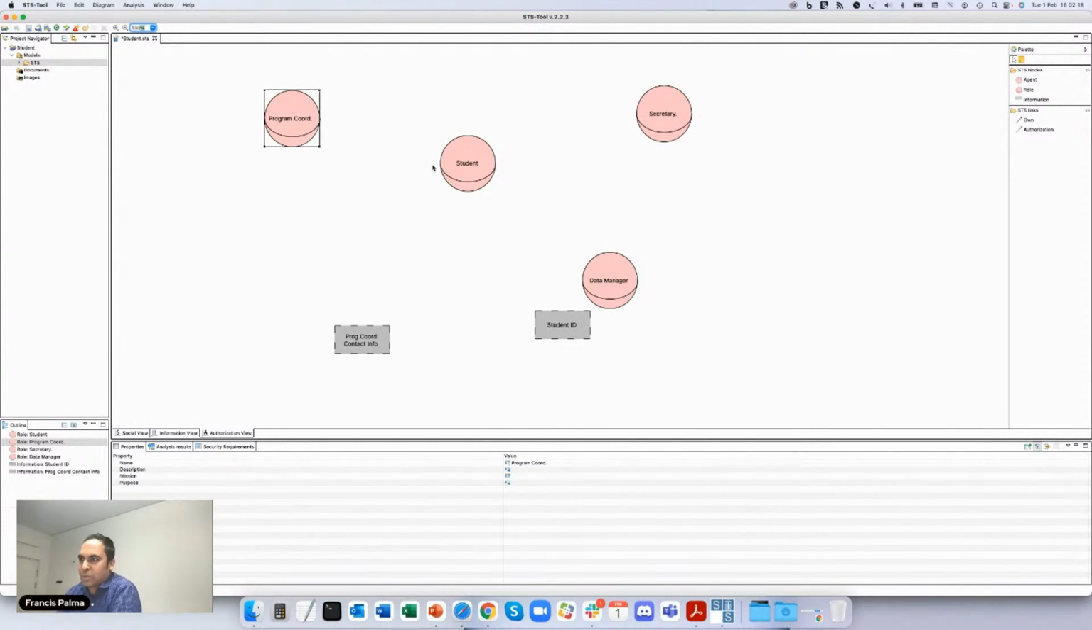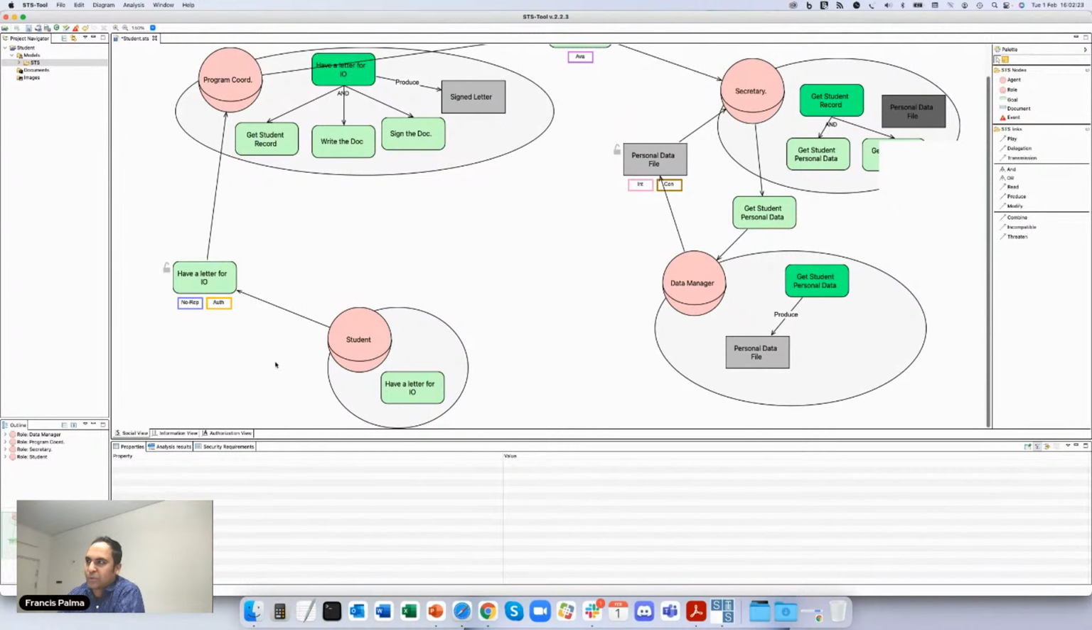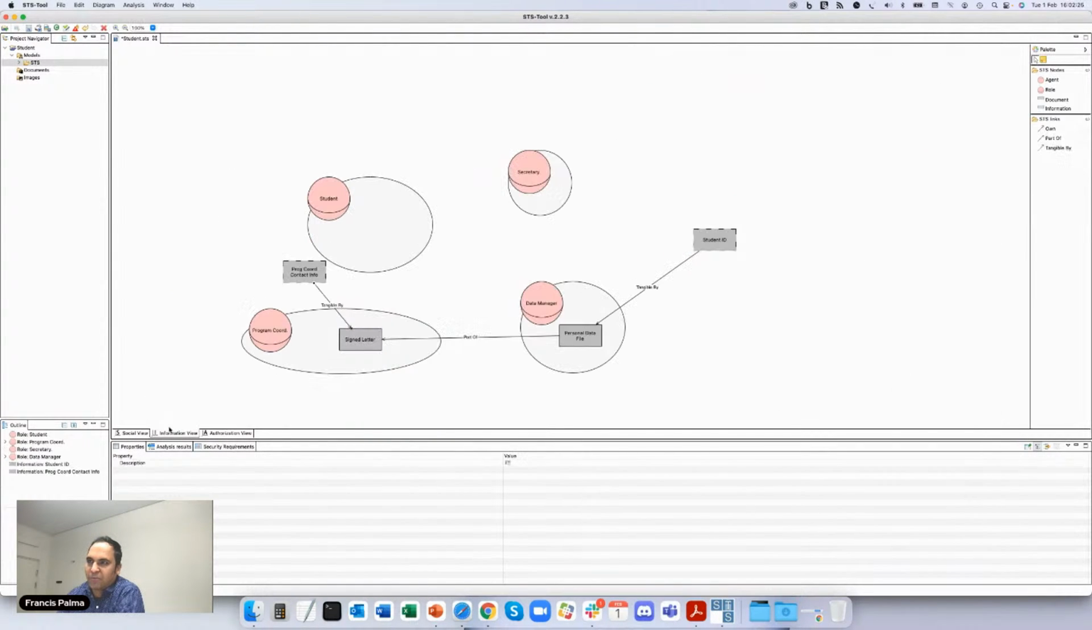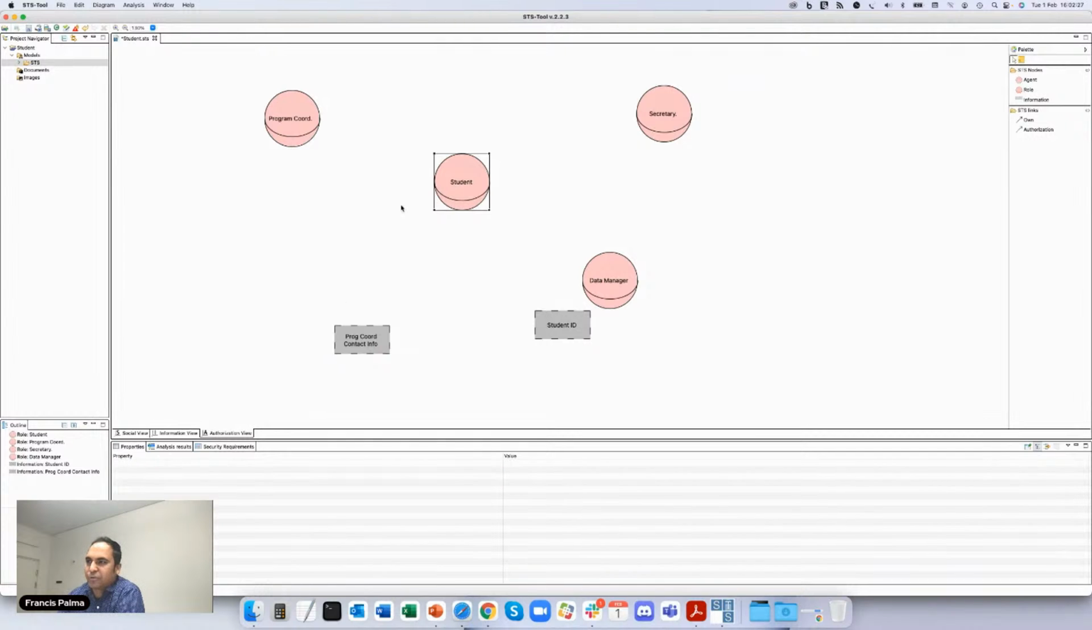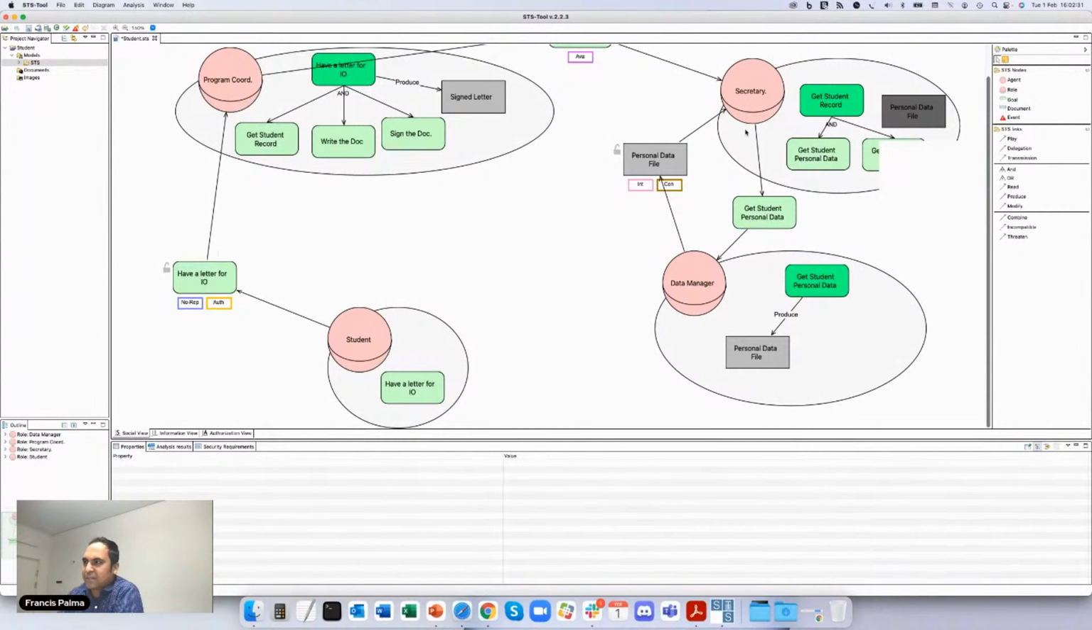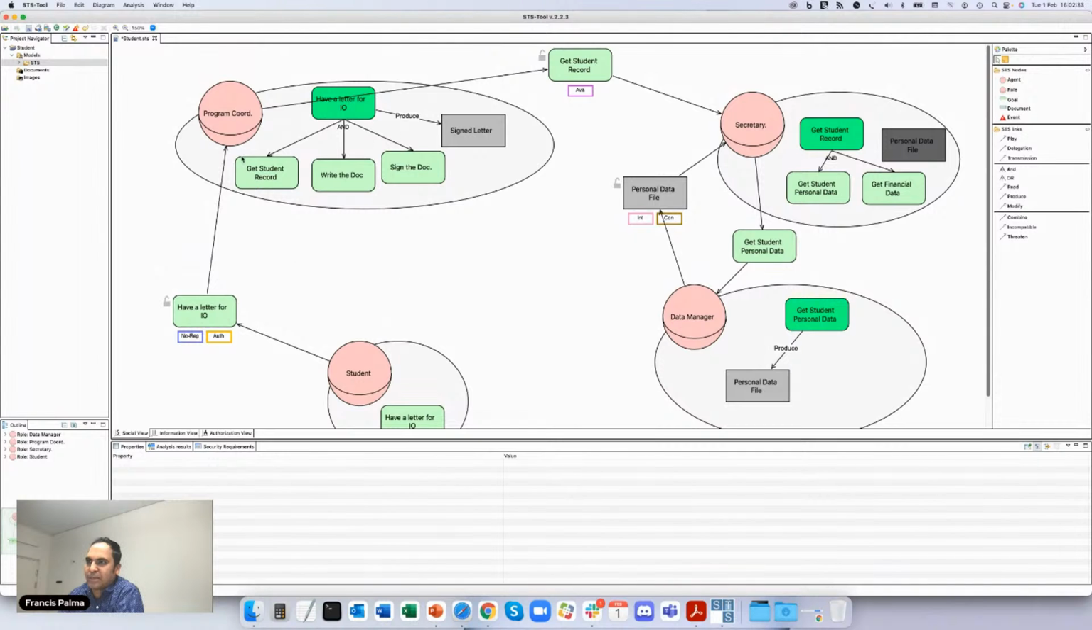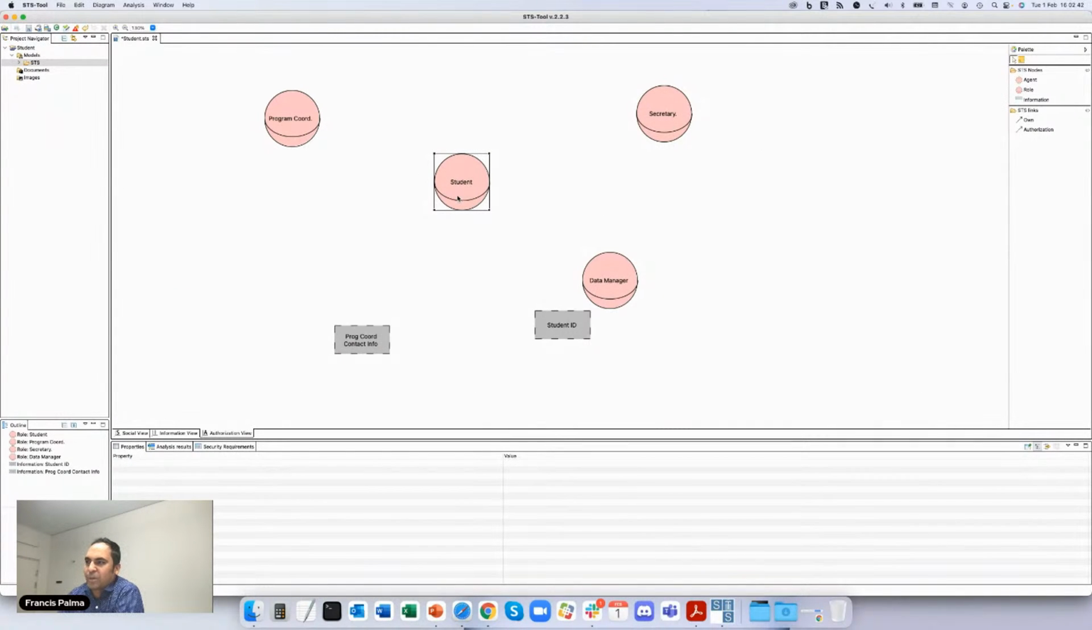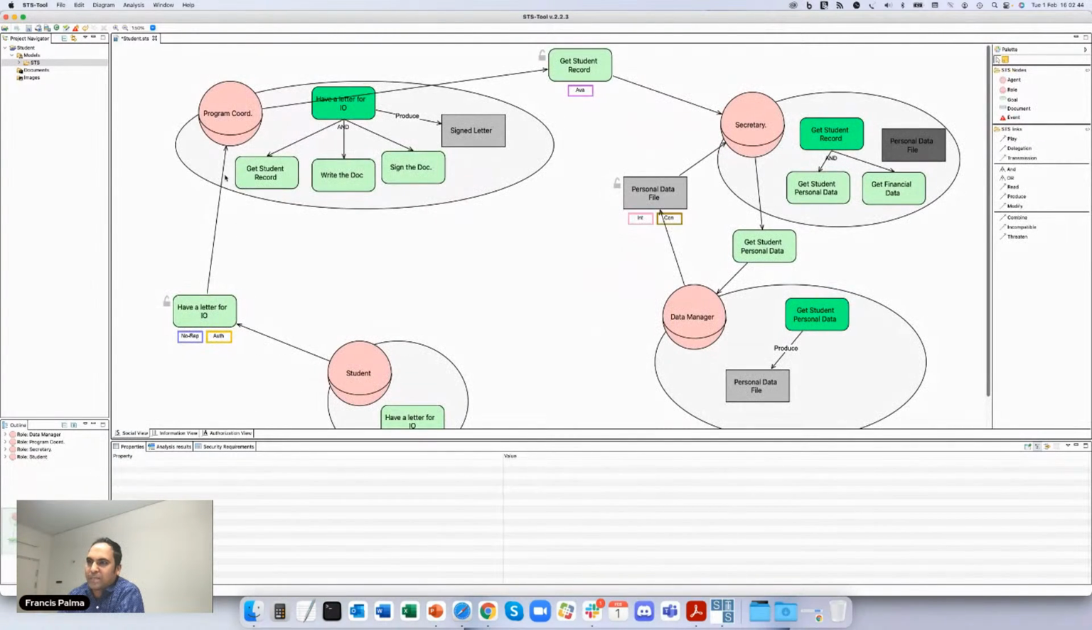Yeah, so what I wanted to show: we are done with the social view and the information view, and now in the authorization view, since there are many delegations between student and program coordinator, between program coordinator and secretary, and between secretary and data manager, we want to authorize these interactions. So for example, between student and program coordinator,